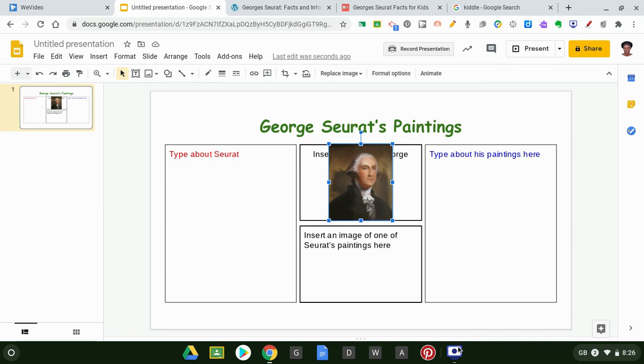And I am sure you now know how to do everything to do with pictures, how to search for pictures. So I want you to go to Google Classroom, open the template that is called George Seurat's painting. Get to Kiddle, get your information,